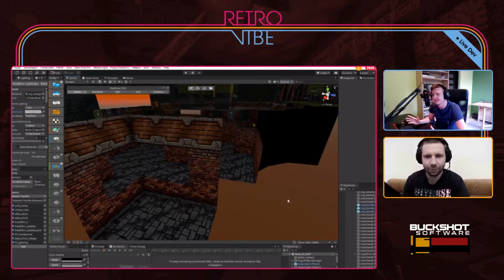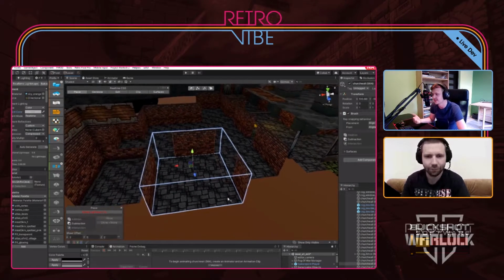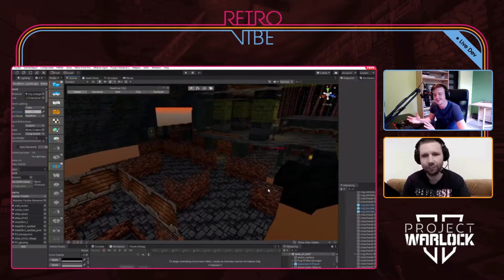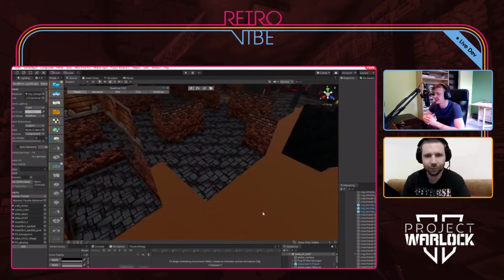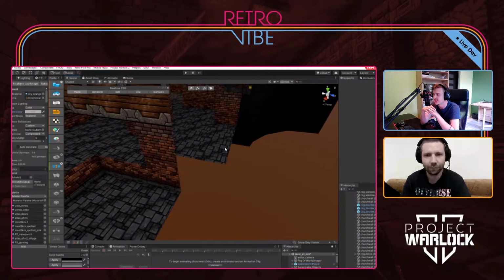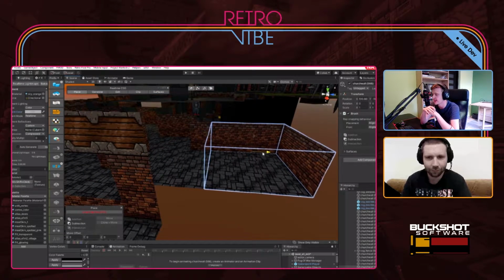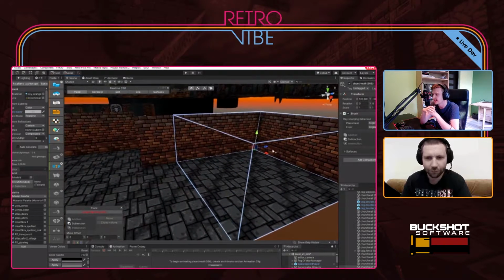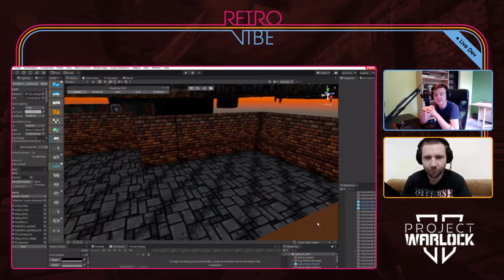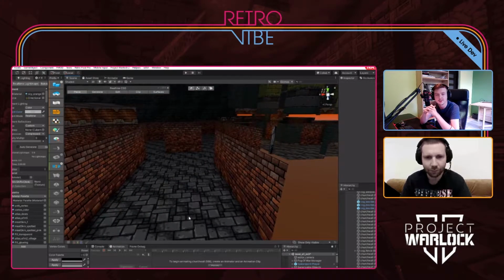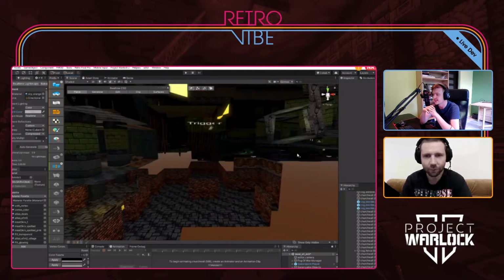And this is what makes level design in Project Warlock easier for us and better to look at for you. So it has a lot of advantages for everyone. And this is why we are using CSG instead of Pro Builder. For our project, it fits our needs way better. And as Eno mentioned, it really depends on the game you're making. If you're working on other projects, maybe Pro Builder will fit your needs better. But for us, CSG is a really good framework, and that's why we're using it.